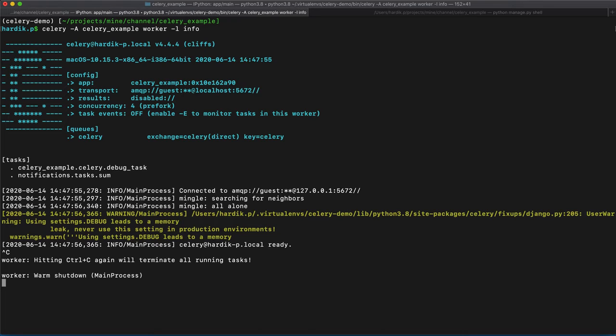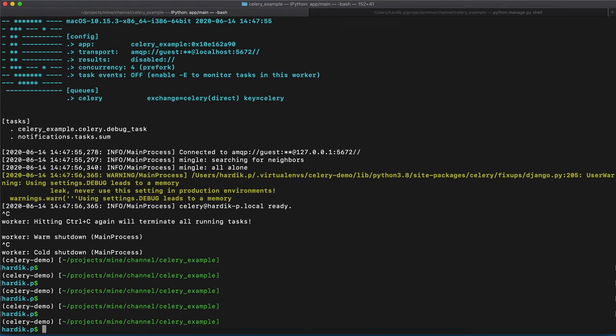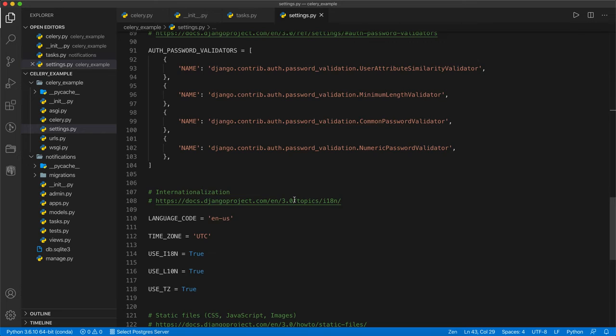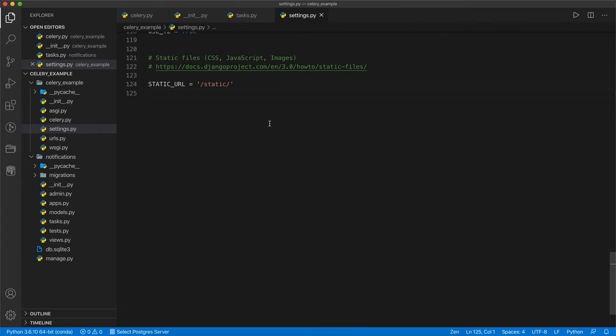All right, there are two settings we need to add that I just forgot. Just go down, and at the end of the file you need to add two things: CELERY_RESULTS_BACKEND, and set it to django-db.